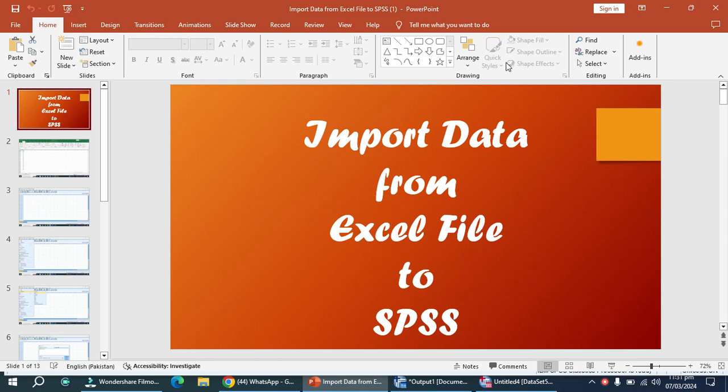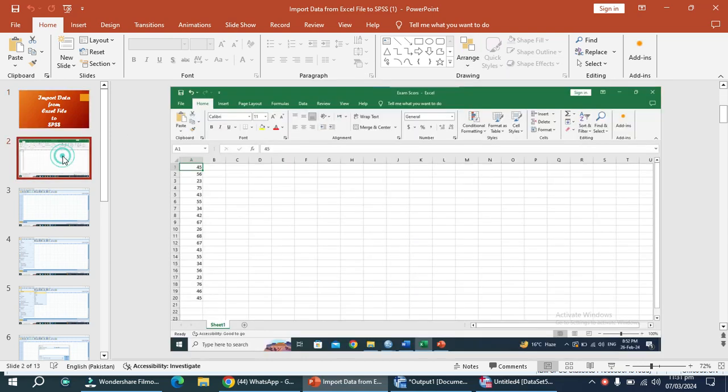Here we have an Excel file, this one, containing 20 students' exam scores. Now we intend to import this Excel data to SPSS. For this we need to open the SPSS file,